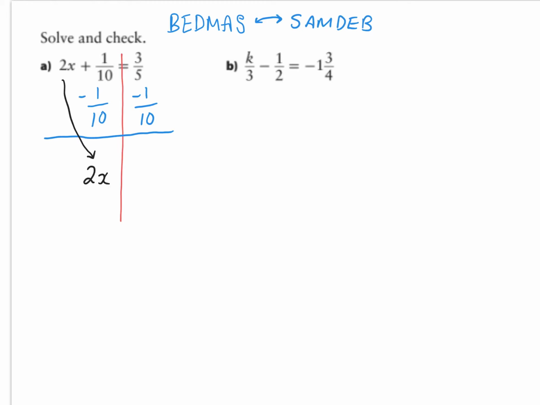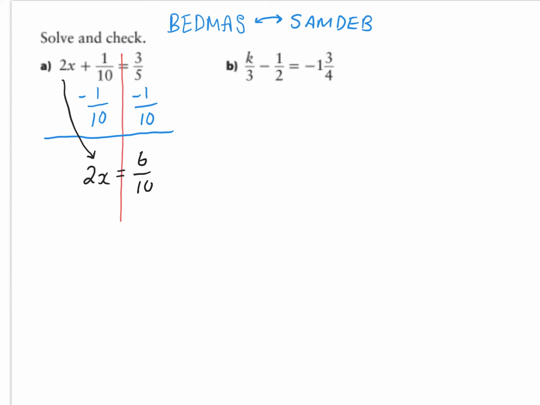2x equals, and now on the other side here, we've got to do some fraction stuff. So we've got to go 3/5 minus 1/10. Now this is where I would suggest just using your calculator. Okay, so you're going to want to find a common denominator, right? This would be 10, so that would be 6, and so on. I'm not going to go through that right now. Use your calculator, or if you know how to subtract fractions and remember how to from grade 7, go ahead and do so. And what we will get is